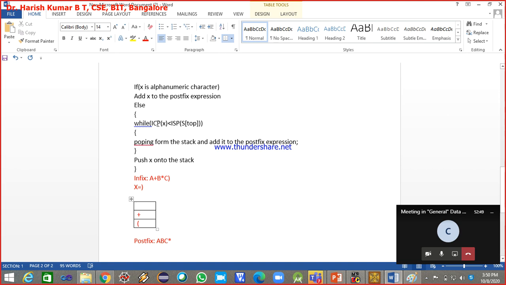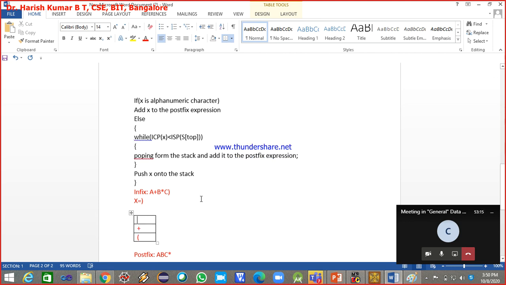And this is in the while loop. Again we go back to the while loop. What is my input character now? Closing parenthesis. Hope you are following? Yes, sir. When I say input character, it is X. What is the value of X? Closing parenthesis. What is its precedence in the input character precedence table? 0. What is on top of the stack now?